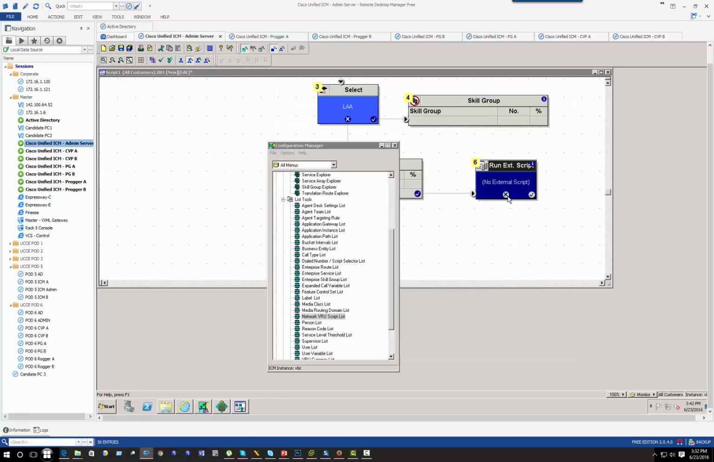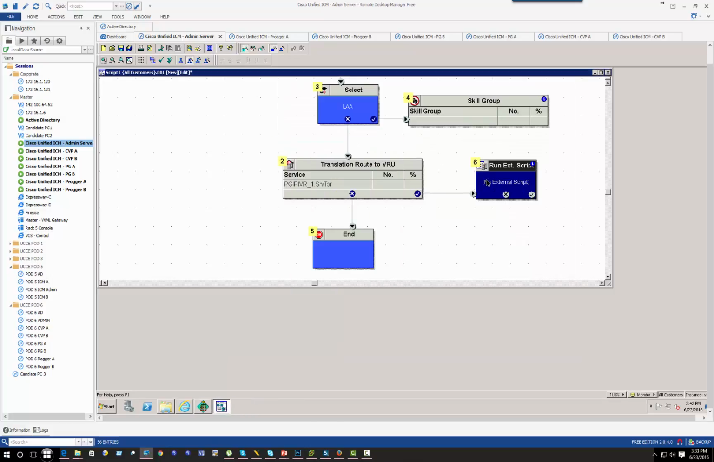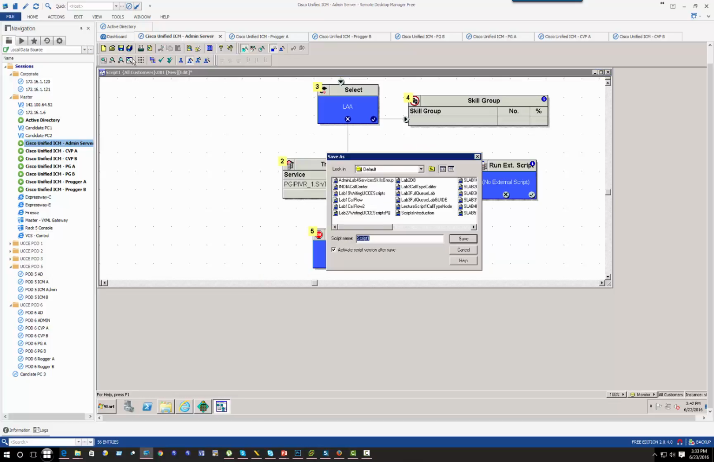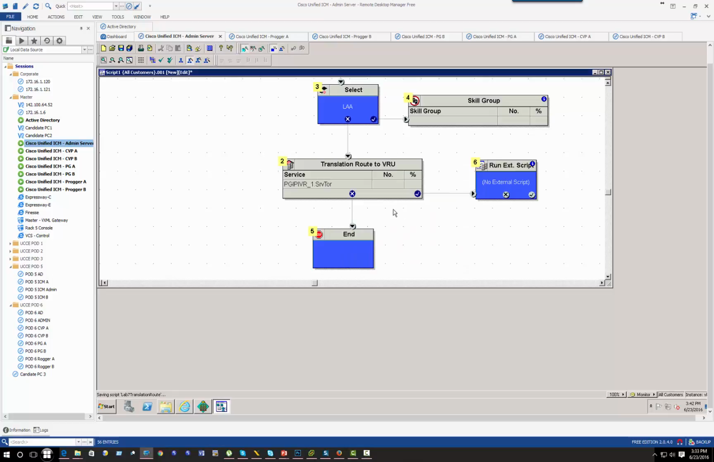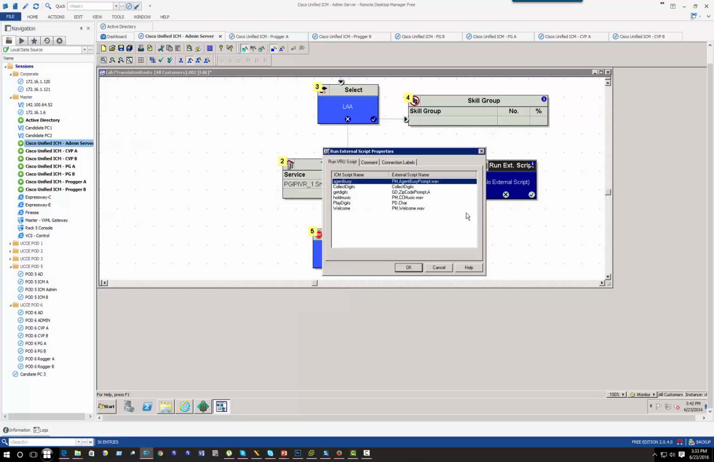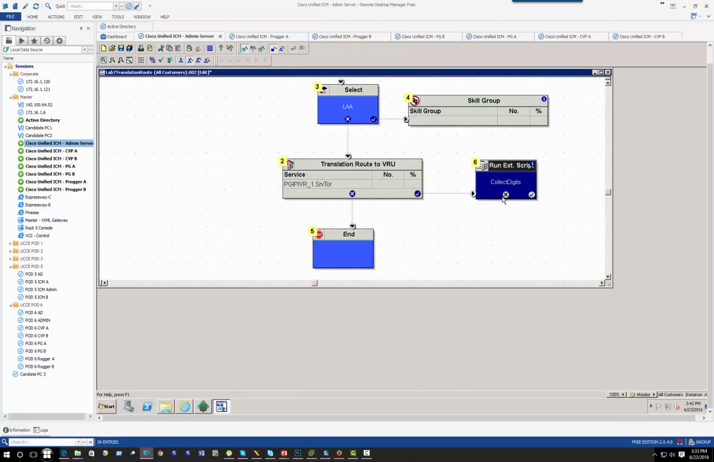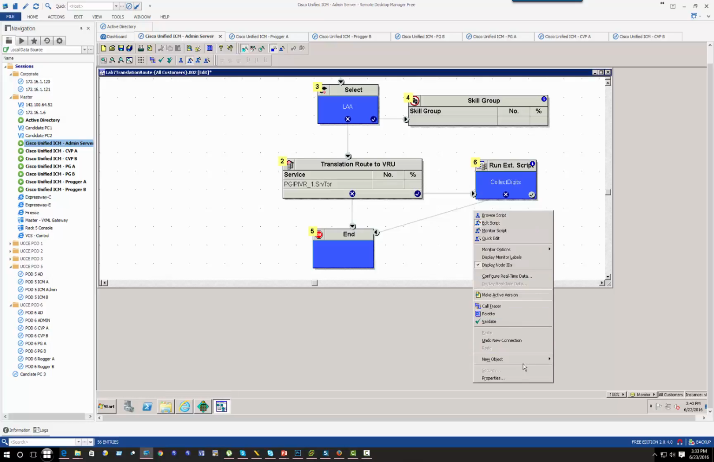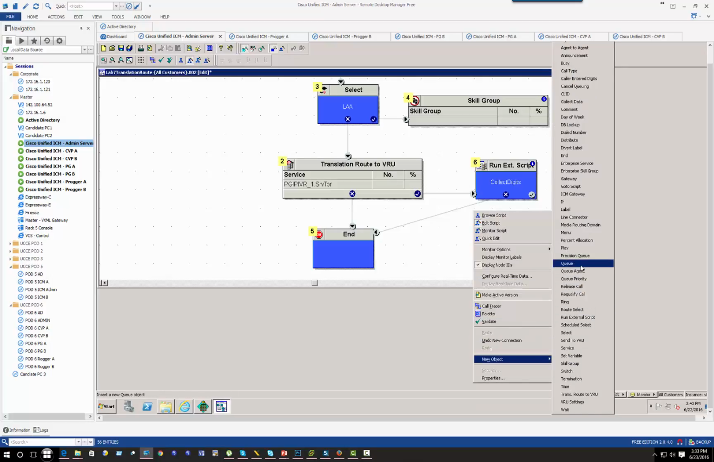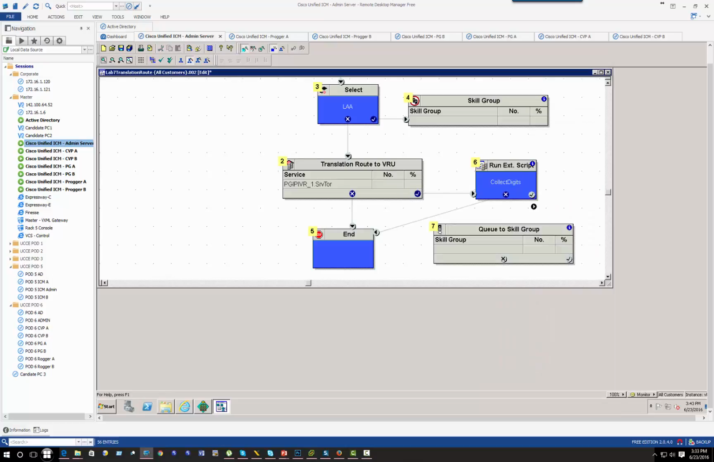Once you save that, you should be able to select. You may have to go save mode, go back to edit mode, and there you go, collect digits. If it fails, goes here. If it succeeds, it should queue the call to the same group. If the queuing fails,